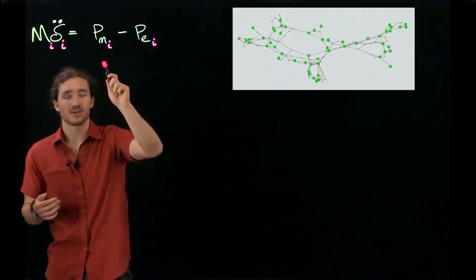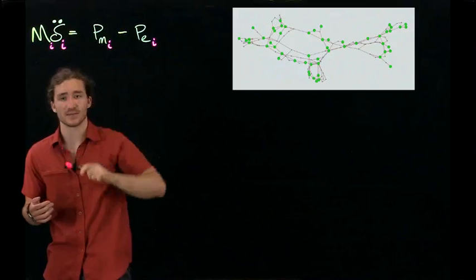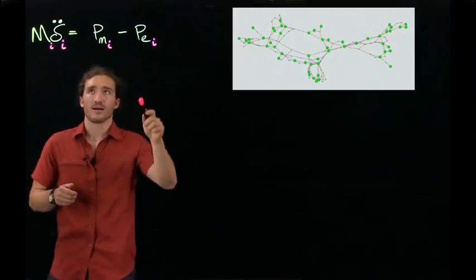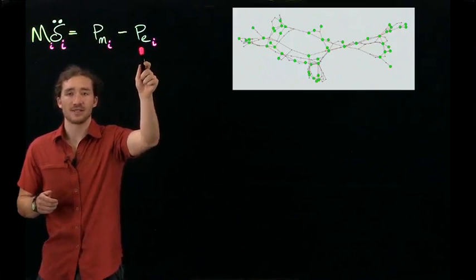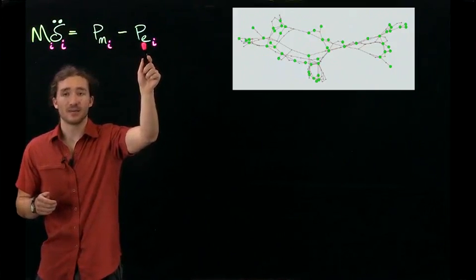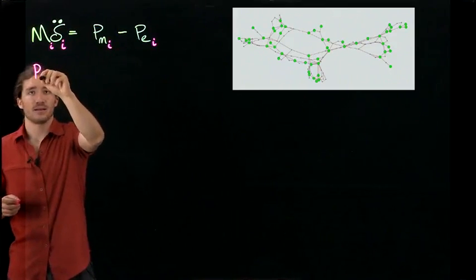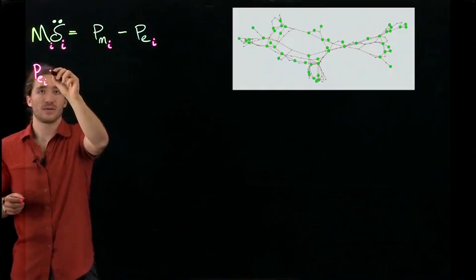And we're going to be looking at short enough timescales that the power engineers are not changing what the prime mover is doing. So this term is also going to be constant. So the only term that is actually going to be changing with respect to time is the power being consumed by the network. And it turns out that this electrical power,